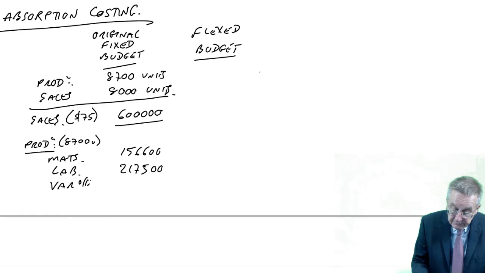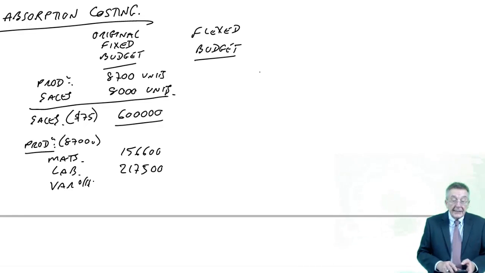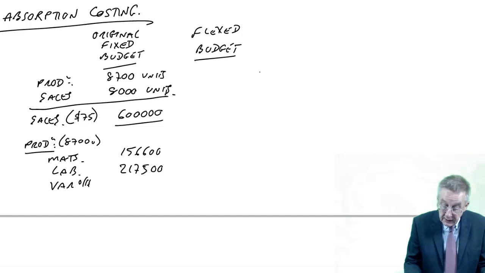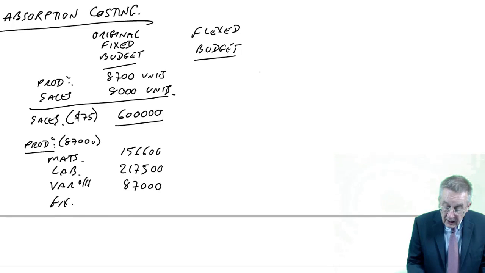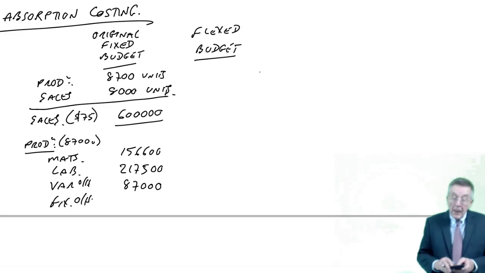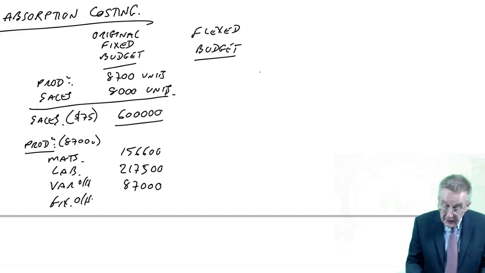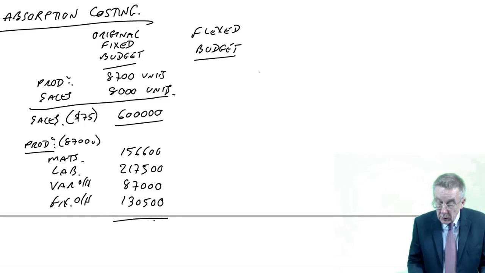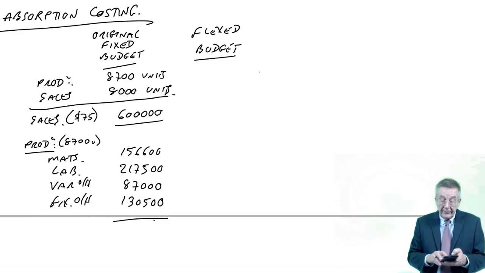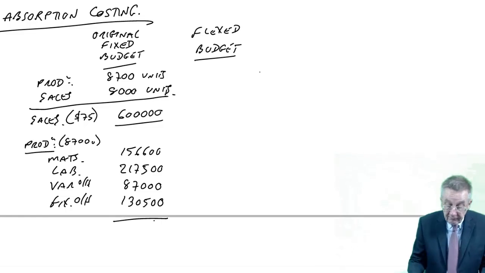Variable overheads, $10 a unit, so 8,700 units is 87,000. And finally, fixed overheads, 15 a unit, so 8,700 at 15 is 130,500. So the total cost of production budgeted 156,600, 217,500, 87,000, 130,500 is